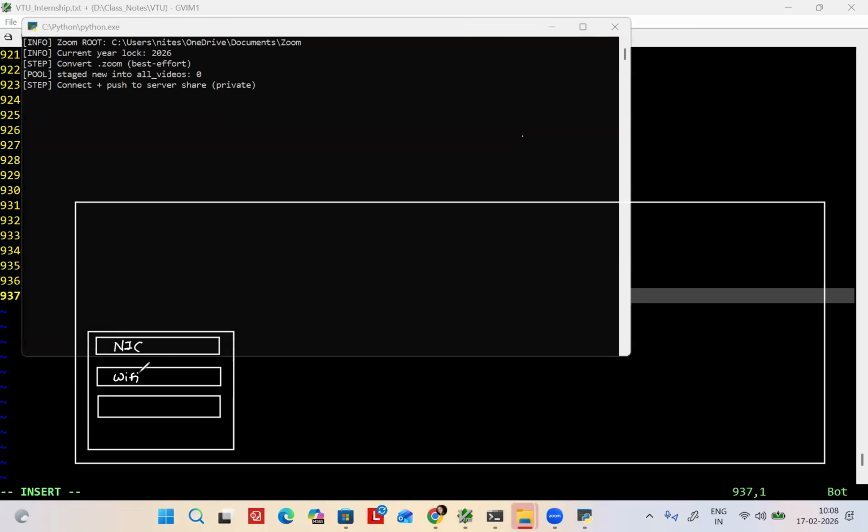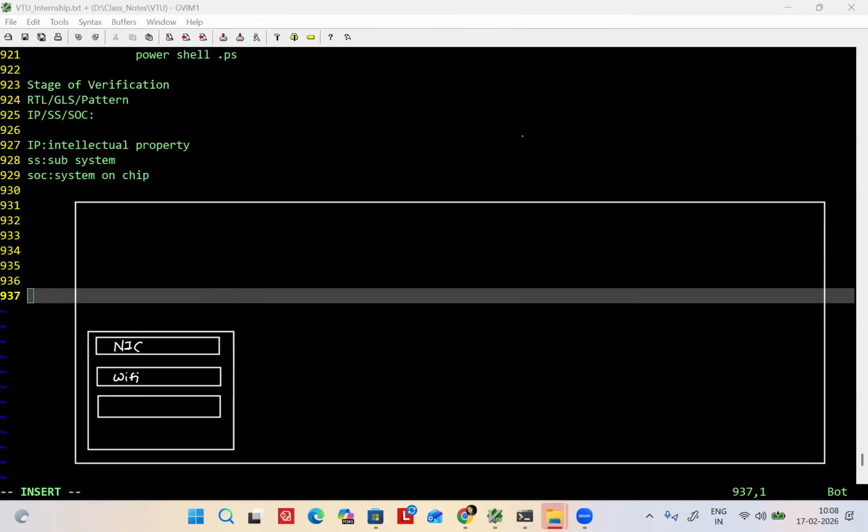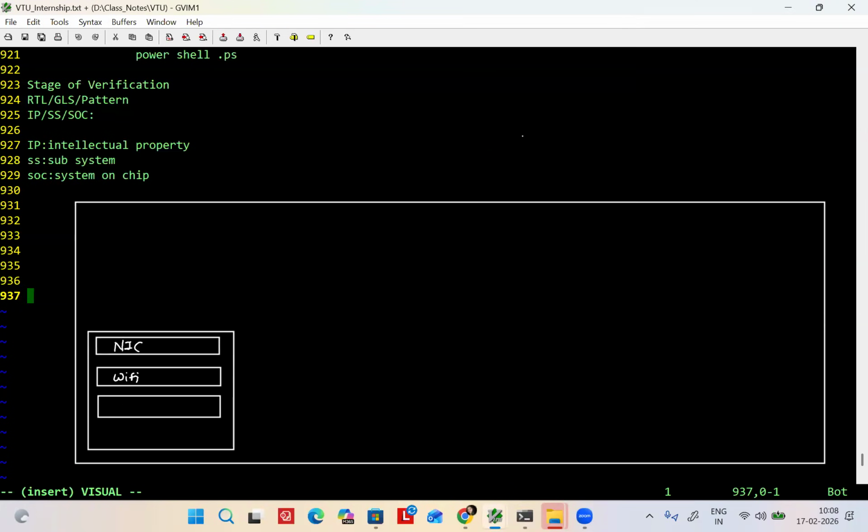We have Wi-Fi. We have GPS. Acceleration. Correct. Bluetooth. All are wireless devices. Do you agree? What is meant by NIC?